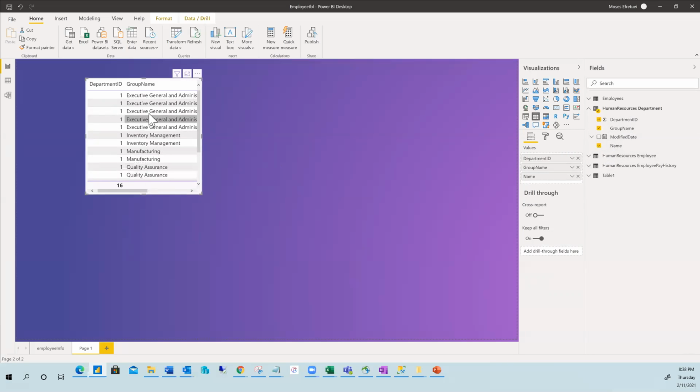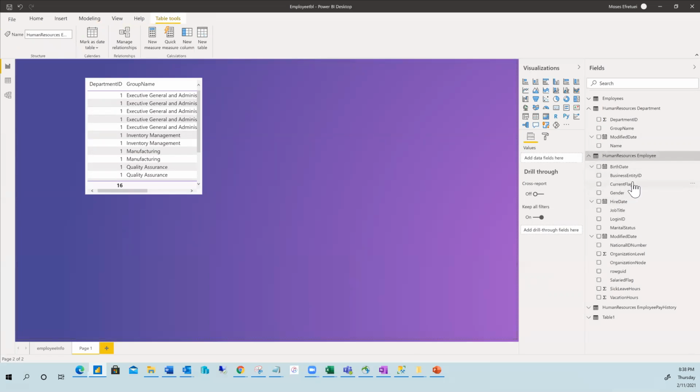So I can do that. Let's leave that. I'm going to upload another one. So let's open human resources employee, which has a lot more columns. Another good thing is that at this level, you can do what views will do for you. You can basically select the columns that you want the end users of the report to actually see. In this case, I want to load this on a grid as well. So vacation hours, salaries, name,